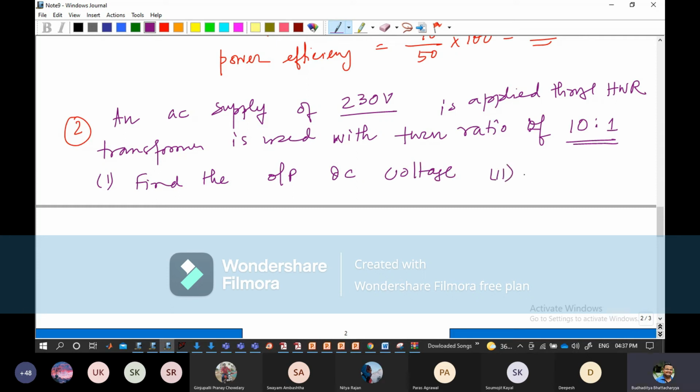And the second part we are not going to do, but anyway, I'll write it down. What is the peak inverse voltage? To understand the second part, we'll see a few more portions, and then we'll discuss the peak inverse voltage. So this is about the question. Now, if this type of question comes in, then we have to consider